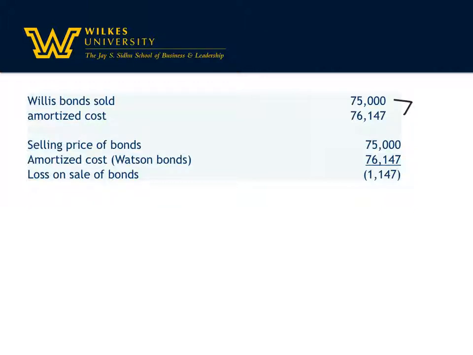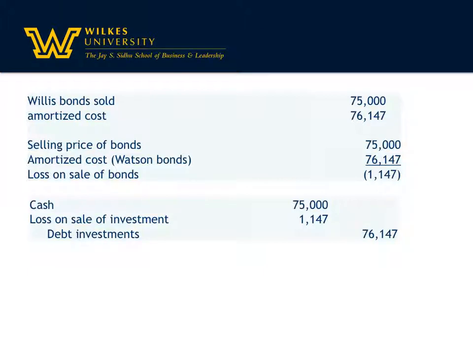Well, the selling price of the bond is here, the amortized cost, so you had a loss on the sale of the bonds of $1,147. We know that we're going to have to debit cash for the amount of the sale, and we know we're going to have to credit debt instruments to get it off the books. So our loss is going to show up properly